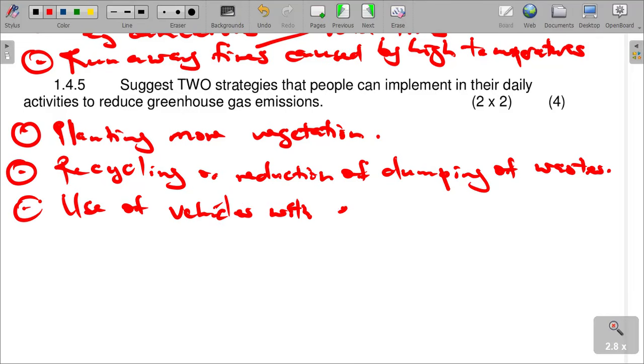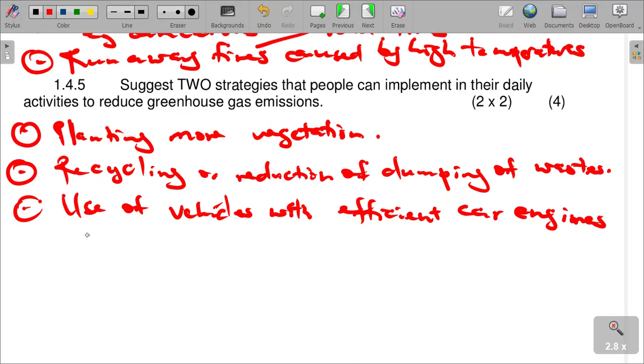Use of vehicles with efficient engines, efficient car engines, which result in less pollution. The car engines can actually do a complete burning of fuel that can result in less pollution, as we can see. We can also talk about